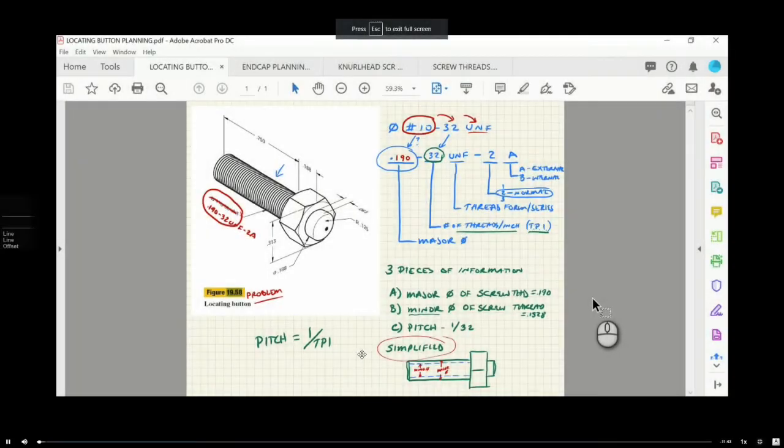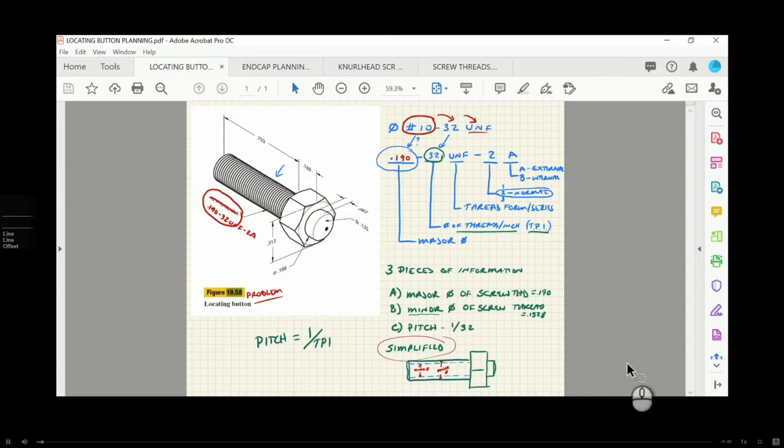Okay, guys, so we're back. This is the section for AutoCAD, and I was able to capture my images from the iPad and send them over to the computer so that we can toggle back and forth between the notes we made on the whiteboard or in your notes and what we're going to work on AutoCAD. So here's our problem, and here's the data that we collected for developing this problem.